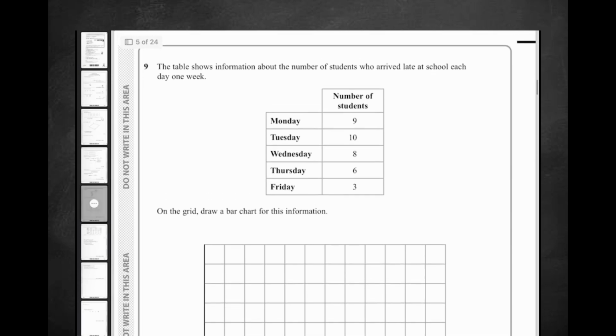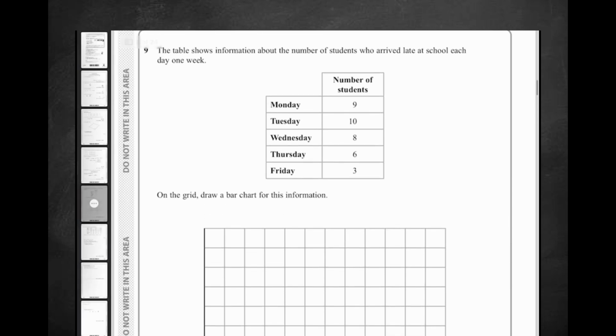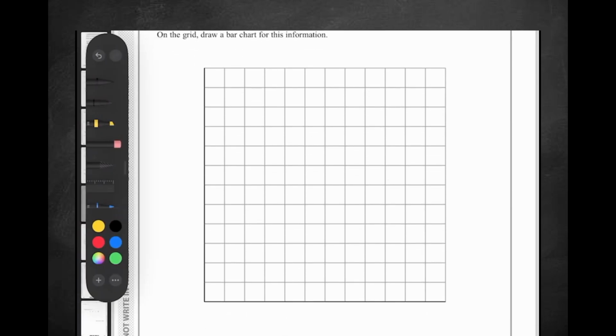Question number 9. The table shows information about the number of students who arrive late at school each day 1 week. On the grid, draw a bar chart for this information. So there's no labels, so what we're going to do is label the bottom and the side number of students,